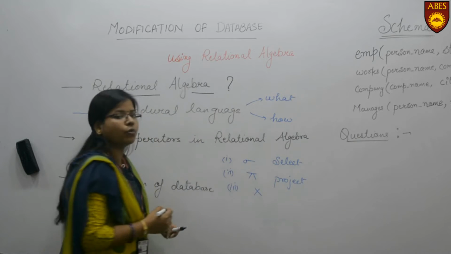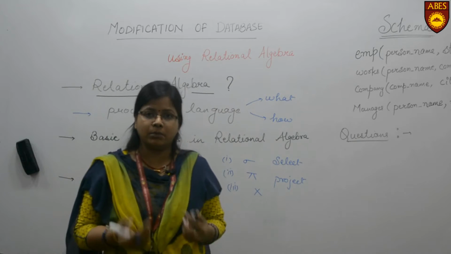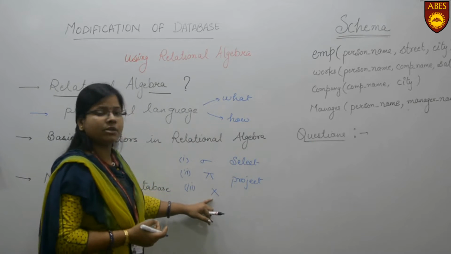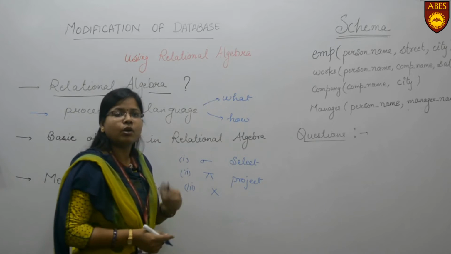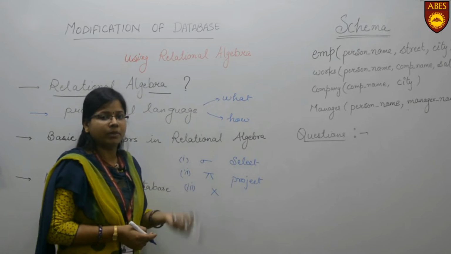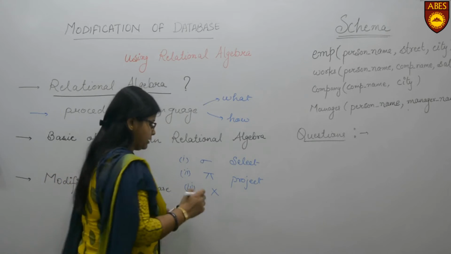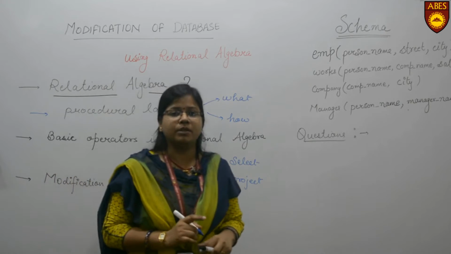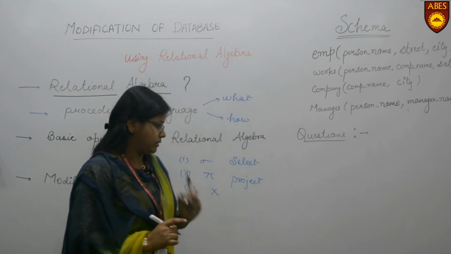Cartesian product. If you want to fetch the tuples from more than one table, then we will be using Cartesian product or the natural join. So Cartesian product is used to join 2 or more tables to fetch the common tuples from a number of tables. But remember, if you are using the Cartesian join, there must be a common column existing between those tables.